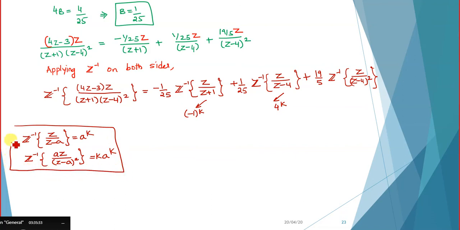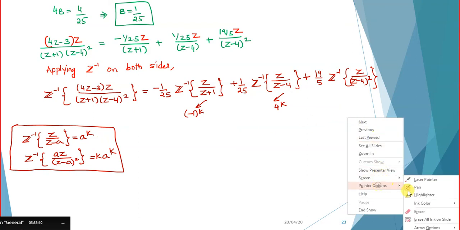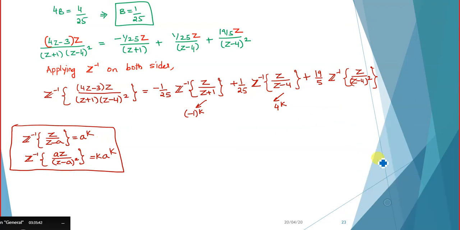Okay. So what is required? If it is minus a, then we need a here. Okay. So here what we have? Here we have minus 4. So it means we need here 4 to apply this rule. So if we need here 4, it means we have to divide by 4. So when we apply here, it gives you k 4 power k.